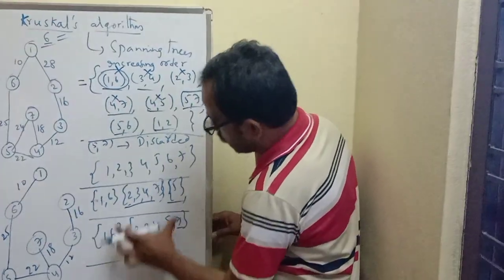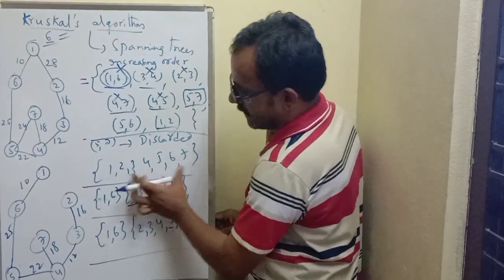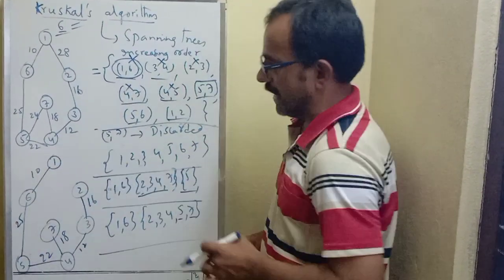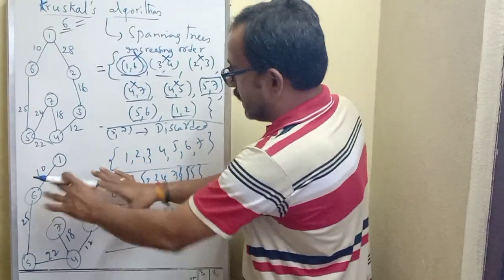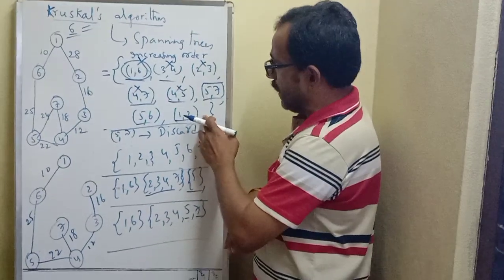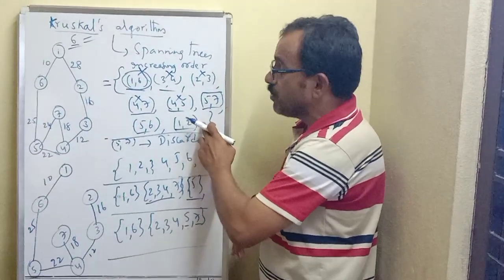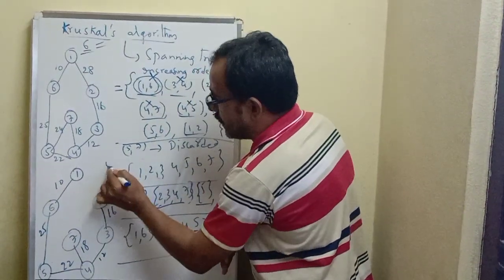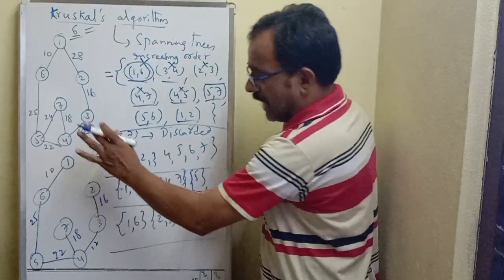Then combine these two sets, we get this set. We get this set, and finally we can include this edge, 5, 6 edge. Okay, finally we get this construction. But again we need to verify. One more edge is there. Again we need to verify whether the inclusion of this is possible or not. We have already got 6 edges. We can stop here.